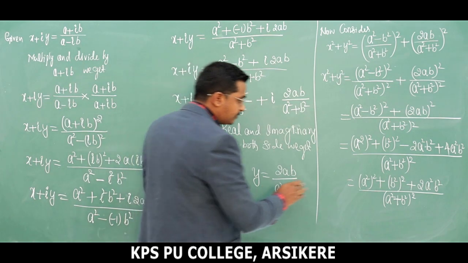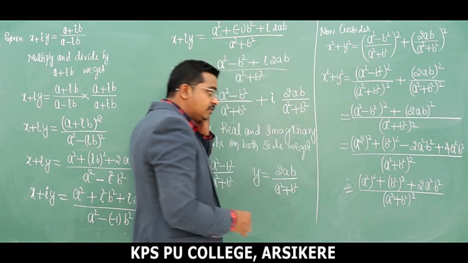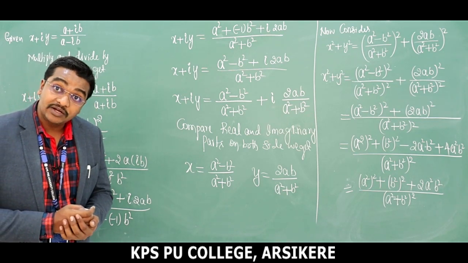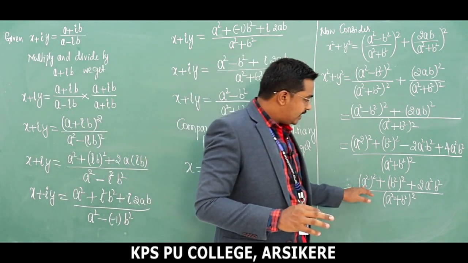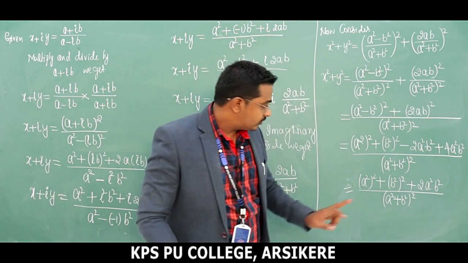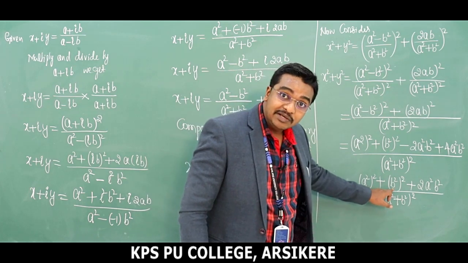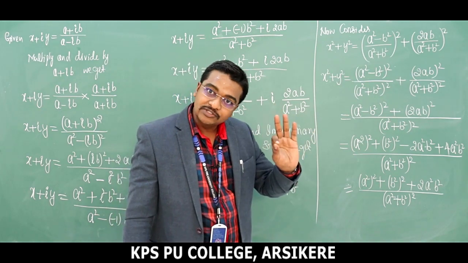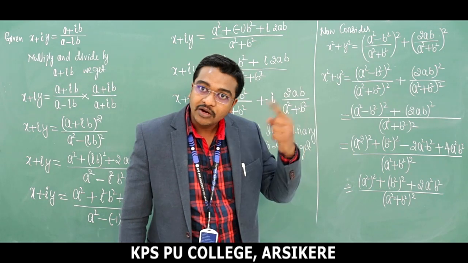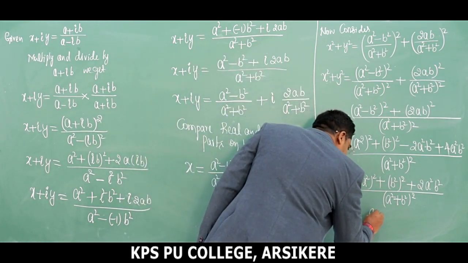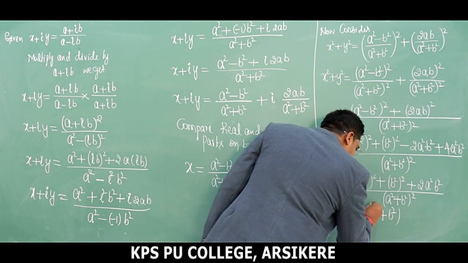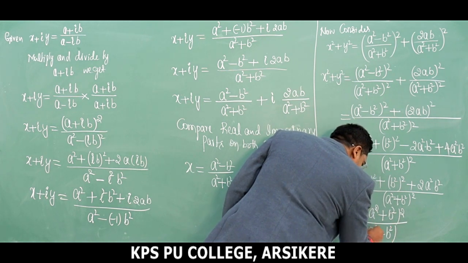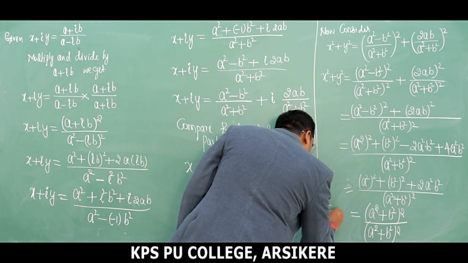So see, finally, at the end we are left with a square whole square plus b square whole square plus 2a square into b square. Just treat a square as a and b square as b. See what it looks like: a square plus b square plus 2ab, and the corresponding compact form is a plus b whole square, and here a square plus b square whole square. This reduces as a square plus b square whole square divided by a square plus b square whole square. Here on the left side we have x square plus y square.